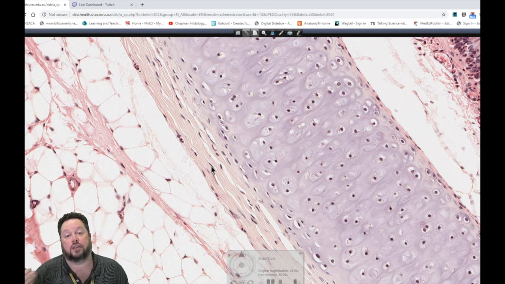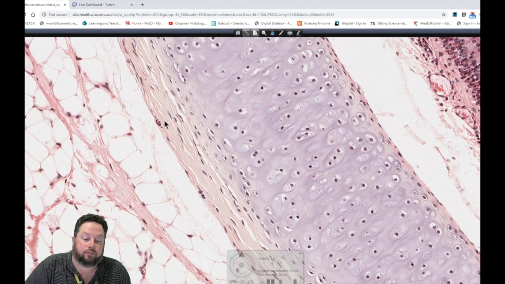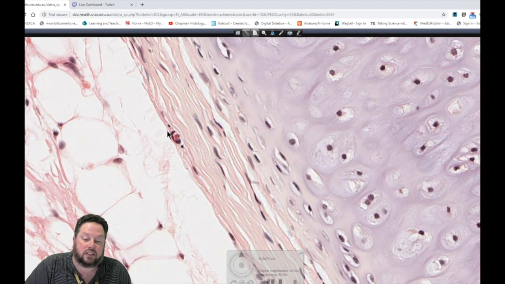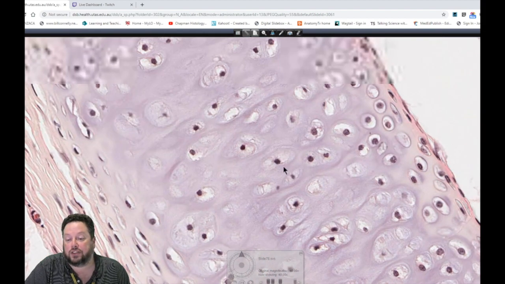And remembering fibrocytes are the predominant cell type that we find in dense connective tissue. They're the mature form of connective tissue cells, and so they're responsible for the maintenance of this extracellular matrix out here. What we can see here too is some blood vessels, and that's one of the roles of the perichondrium, the outer fibrous layer, is actually to bring blood supply and provide nutrition and remove waste for the hyaline cartilage, because hyaline cartilage itself,